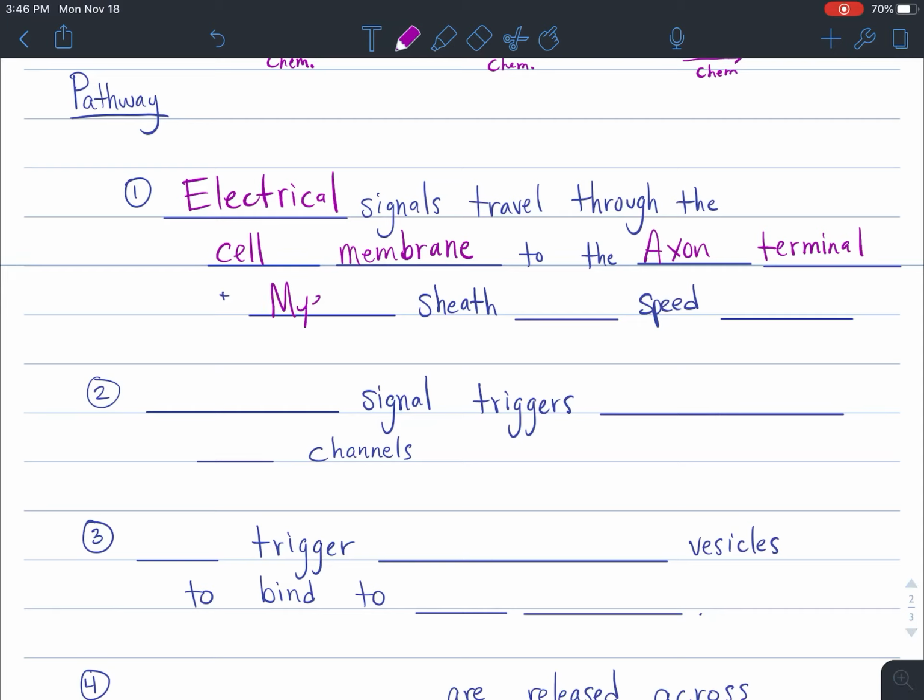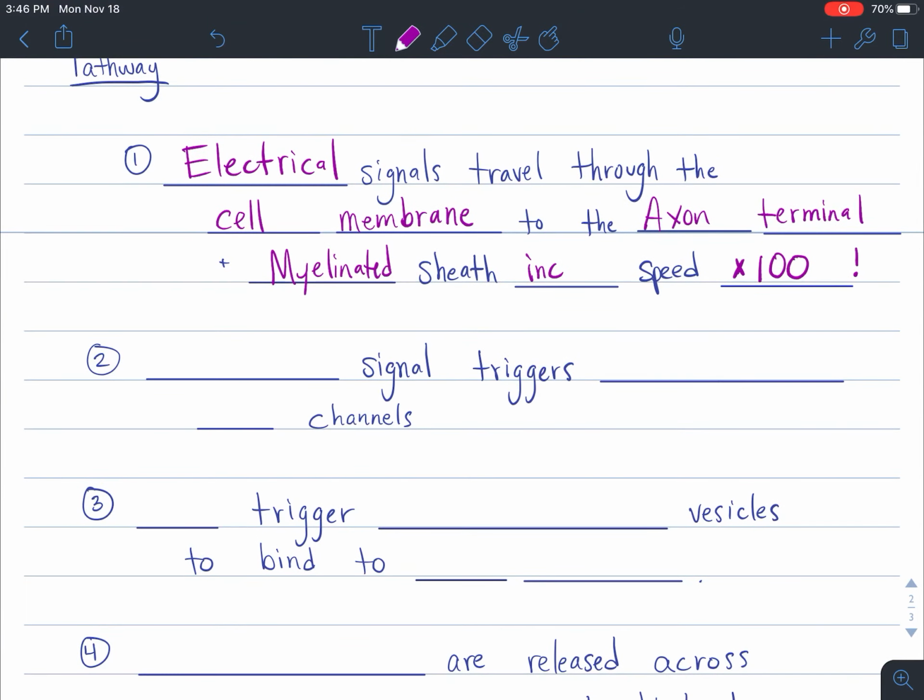Now remember that if we have a myelin sheath, it's going to increase the speed of the electrical signal traveling through the cell membrane by up to 100 times. That is crazy. Adding some fat to our axons increases the speed by 100. Wow. Okay, the electrical signal arrives at the axon terminal, and this electrical signal